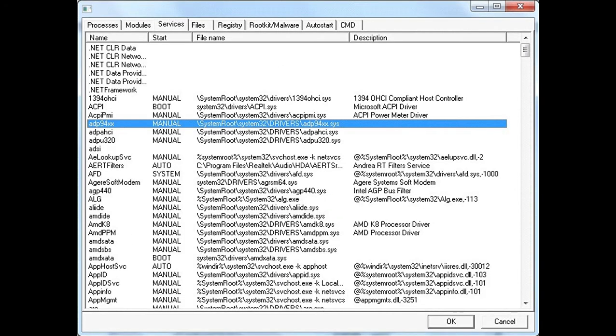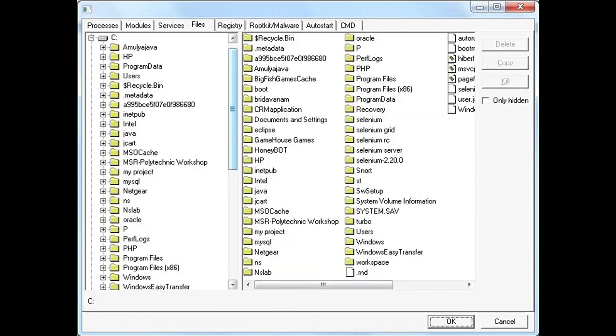The services menu displays the complete services running with auto start, enable, disable, system boot. This is all the services. Next is files. This is the overall files stored in our hard disk. It shows all files on the hard disk volume.